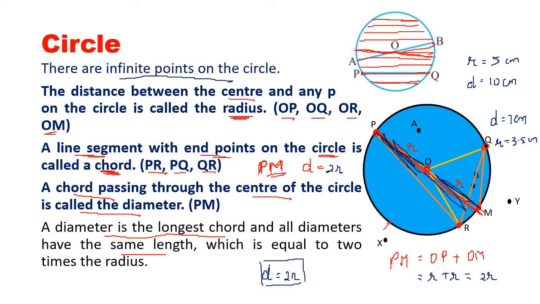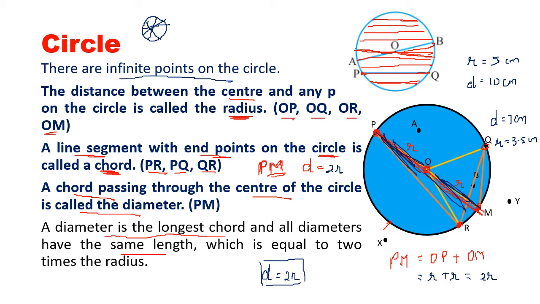Now a question for you. In a circle, how many diameters can be there? Can you guess? Suppose I have a circle with its center. How many diameters can the circle have? 1, 2, 3. They are all passing through the center. So you are right. The diameters are infinite. A circle has infinite diameters.